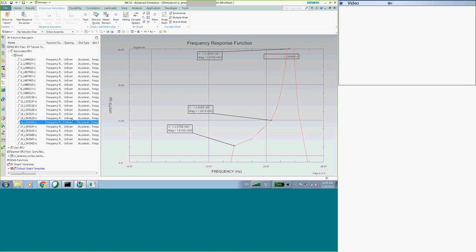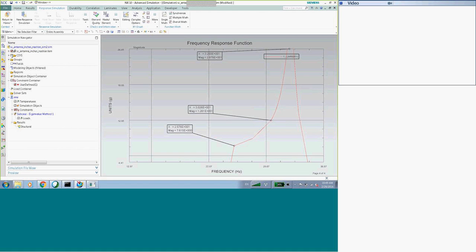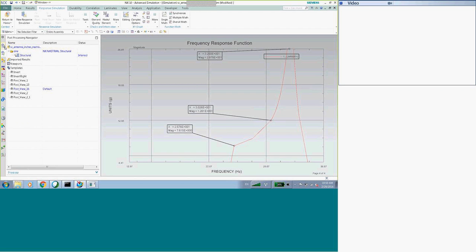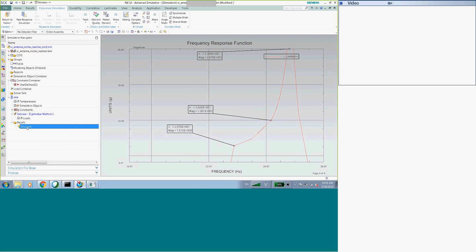All right, so now the contour data into NX. How do we do that? Our solution, what I'm doing is I'm going to unload it. So I'm in the Post Navigator. I pick our solution and I unload. So I go back to my sim, pick the solution, and go add companion result data here.